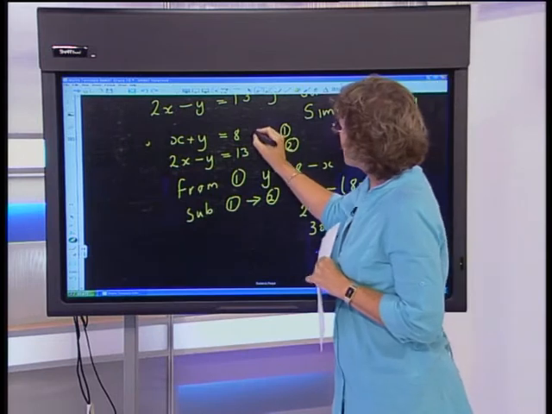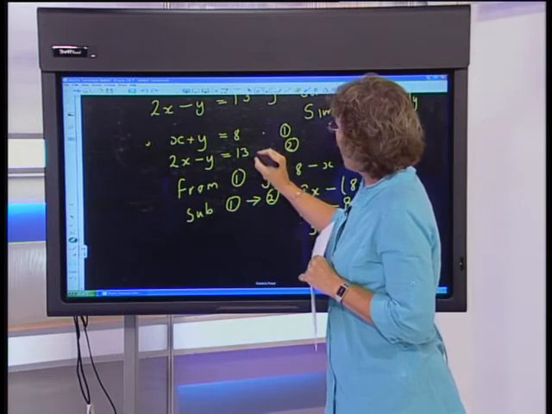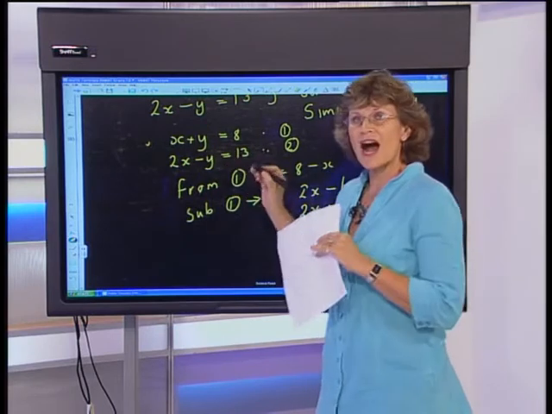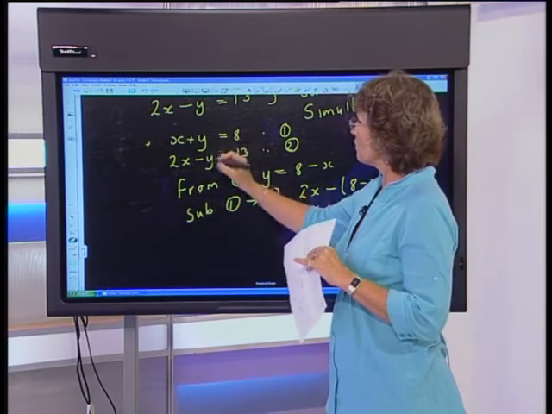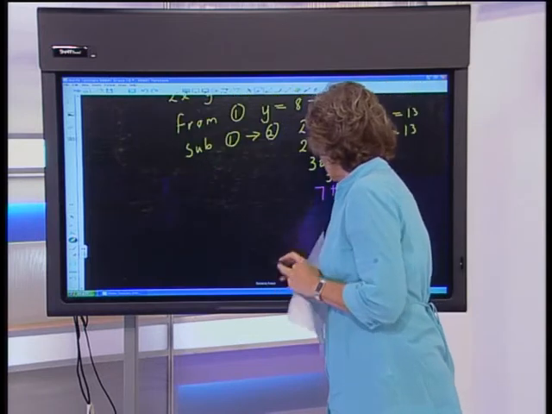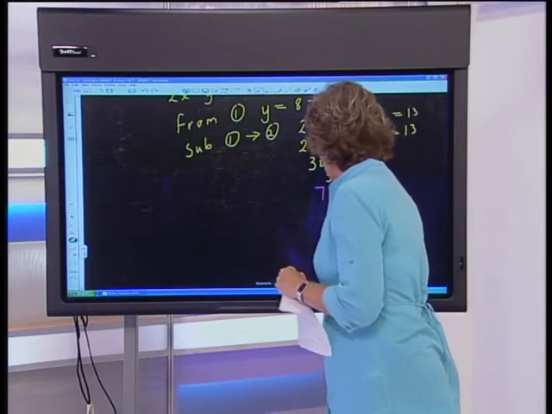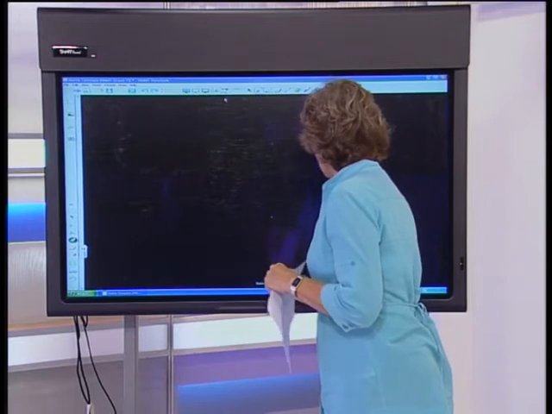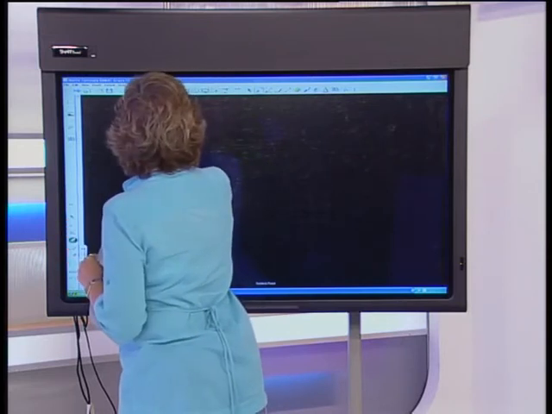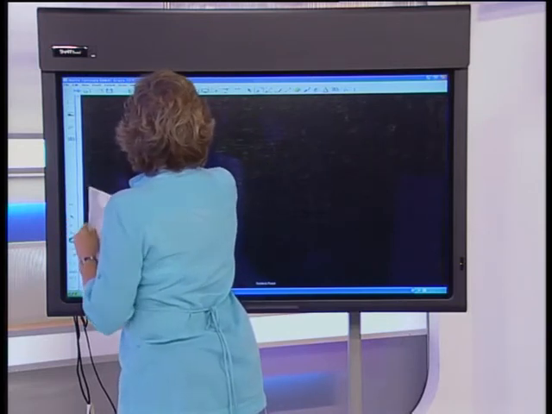But now can you see that this one here was linear and that one there was linear as well, meaning that the highest exponent in either of those two equations was a 1. Okay, so now what I'm going to do is I'm going to quickly get down another one, which is purely grade 11, and it's going to have a linear and a quadratic. So let's take y is equal to,